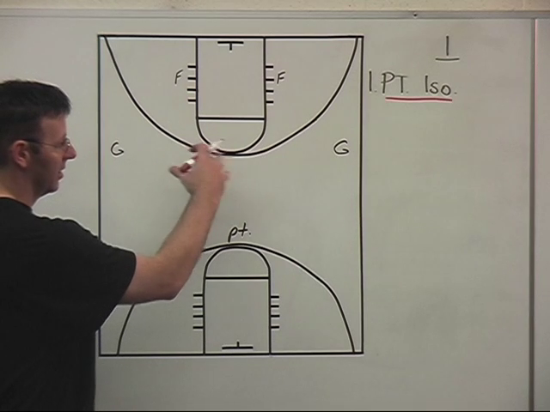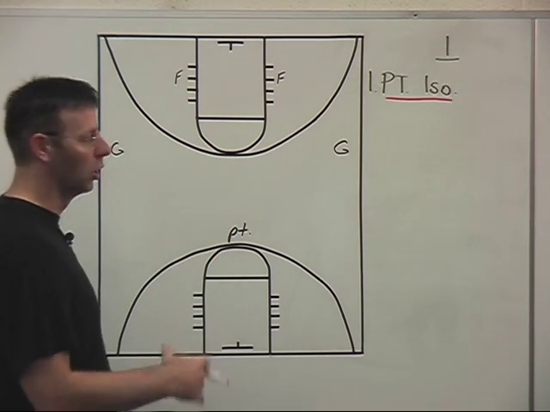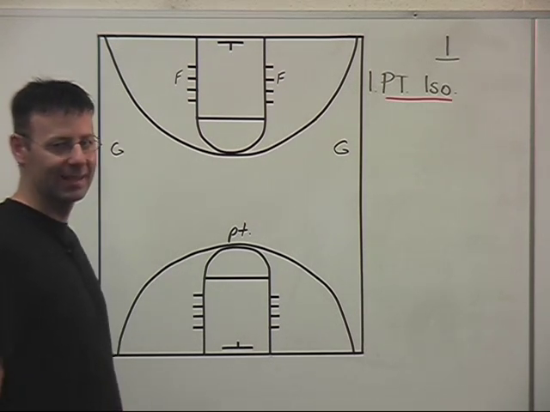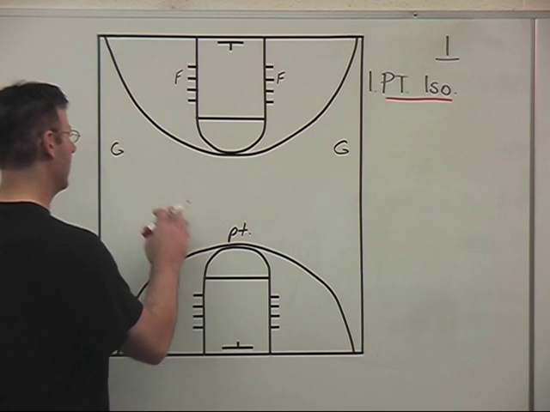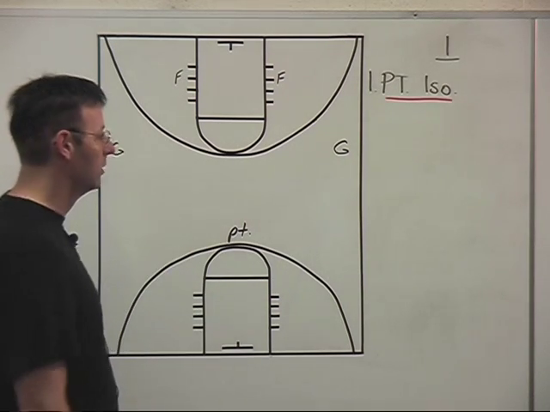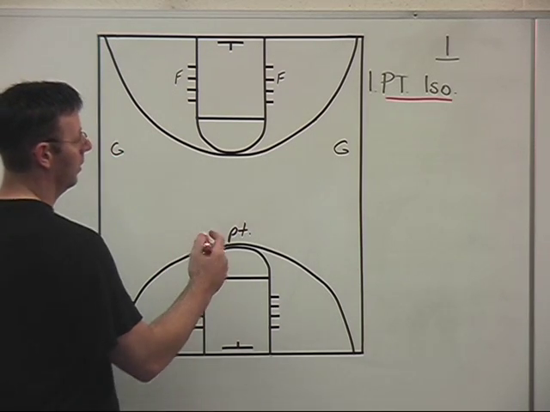We're assuming now there's been some sort of screening if there's any pressure, a down screen to a curl, something like that to get one of our wing players open. If there's no pressure, no screening is necessary. What you'd like to have is the guards on the wing come entry time though. So whether you have to down screen and replace, or down screen and rescreen, when you get the ball entered